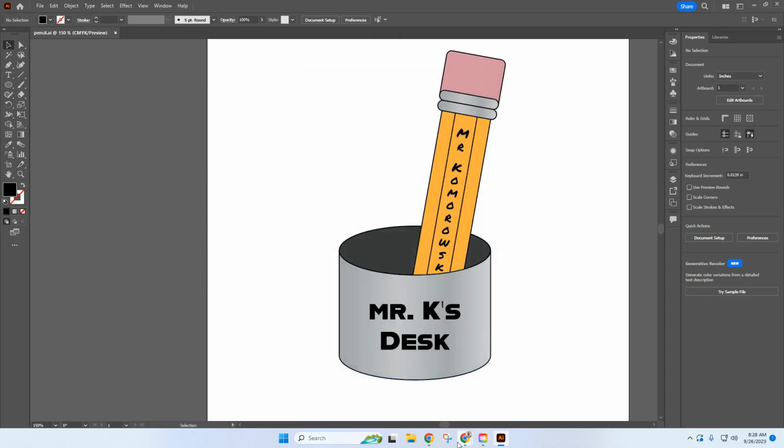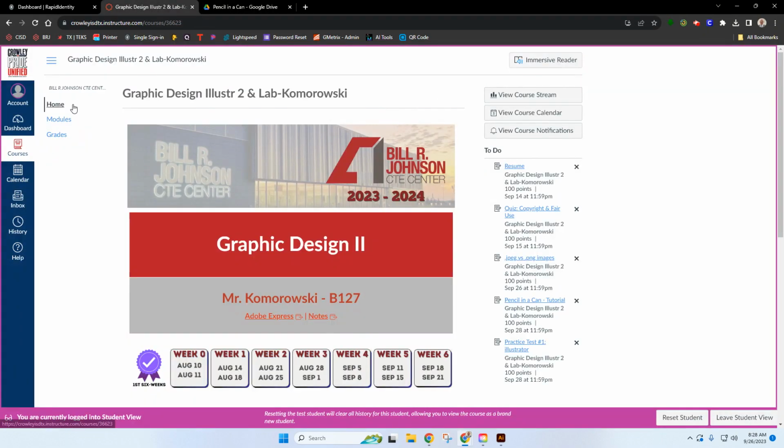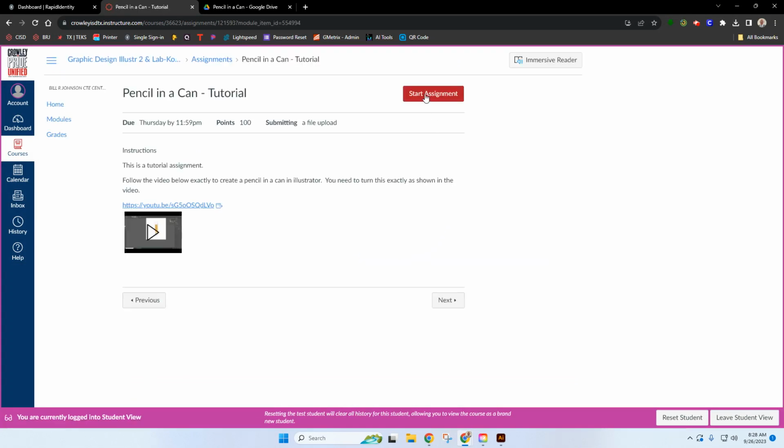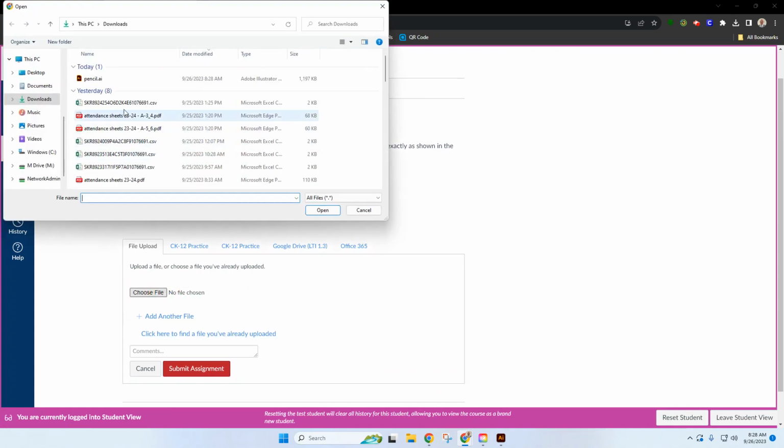Now we're going to go back to Canvas here. So we're going to go back to Canvas, and now click on Modules. Okay, it's an easy way to get an assignment, and click on Pencil again. Then I can actually click the Start Assignment and Upload, and choose it from my Downloads folder, very top one, and click Open